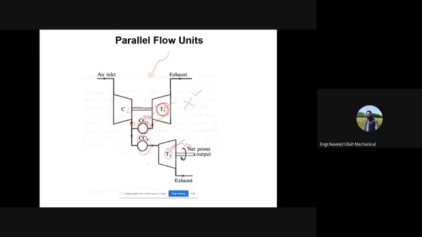But here the requirement is, let's say, Y units. Okay, so you can have the combustion over here accordingly. If the requirement varies from Y to, let's say, Z, okay, so you can control your combustion over here accordingly. So they are basically independent of each other, and they are operating in parallel manner. So for that reason, this type of gas turbine is known as parallel flow units. ठीक है, इसकी समझ आ गई? हमें जरूरत पड़ती है इसकी कभी कभी,